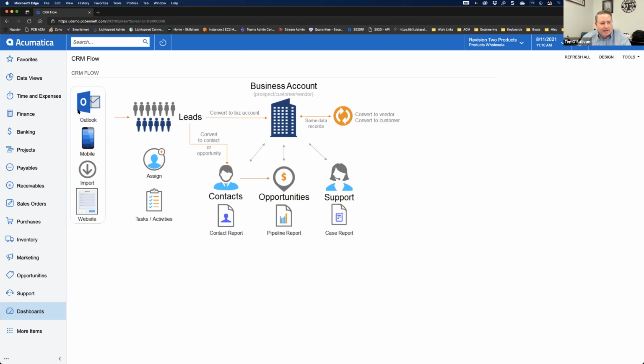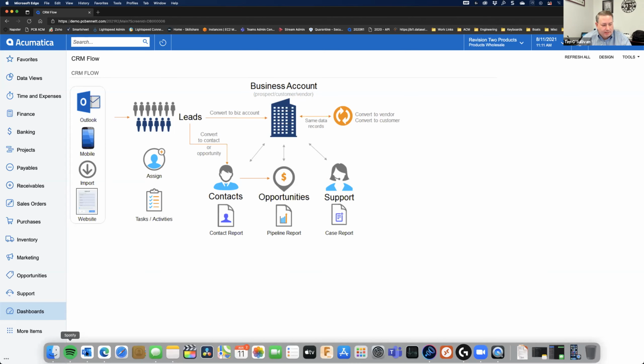And I'll touch on the Outlook integration, the mobile app, and then we can also talk about these other ways of getting data into Acumatica for CRM activities. So we're going to jump into my Outlook,